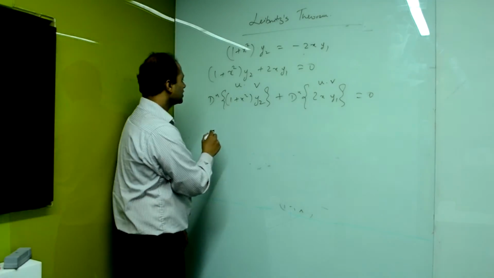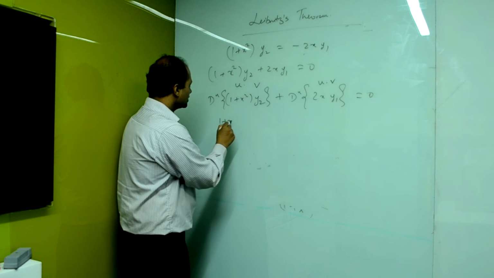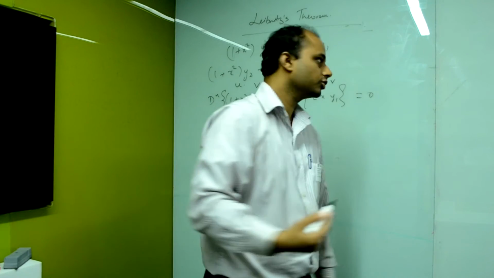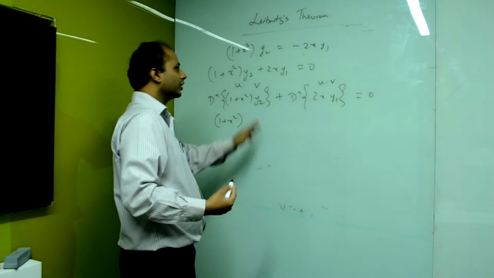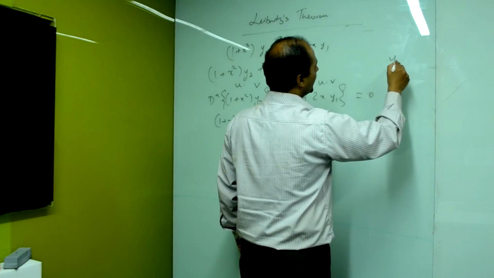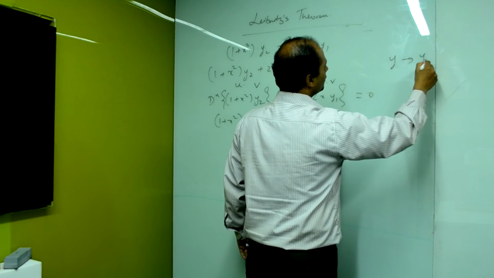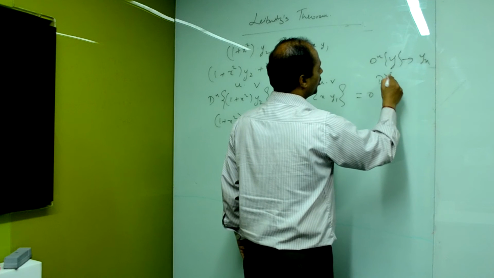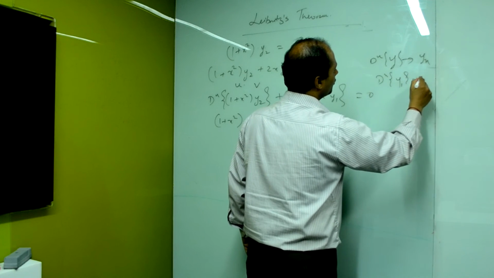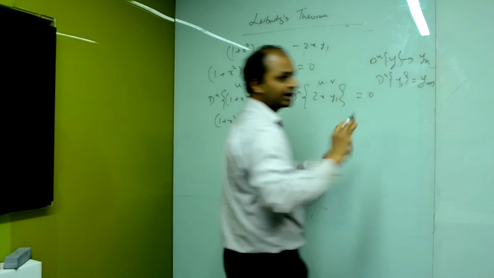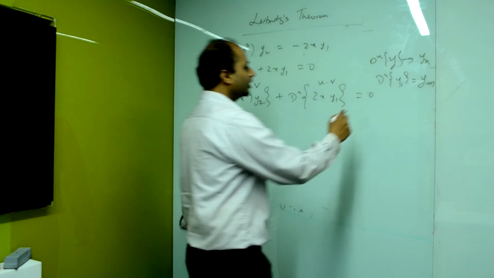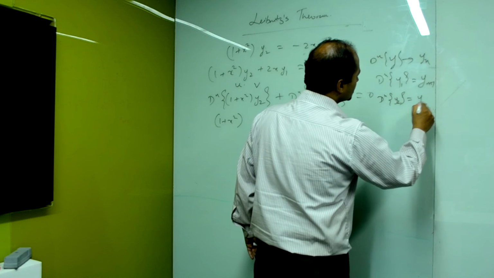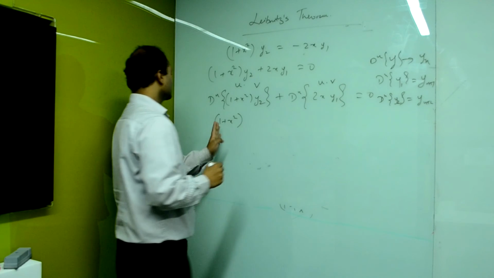So if I take u as the first function, we have 1 plus x square multiplied by, what would be the nth derivative of y2 is the question. If I differentiate y2 n times, I will get y_(n+2). If I differentiate y1 n times, I will get y_(n+1), and if I differentiate y n times, I will get yn. So using that concept,